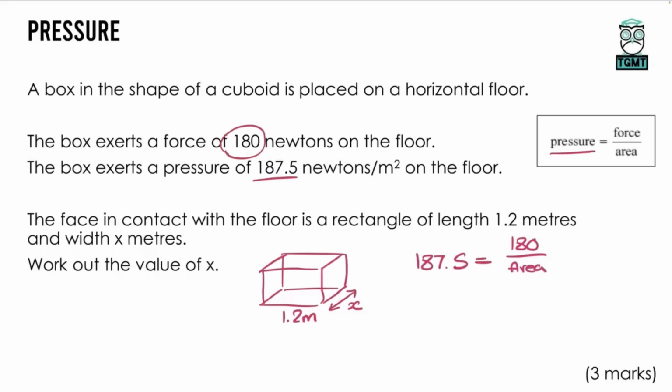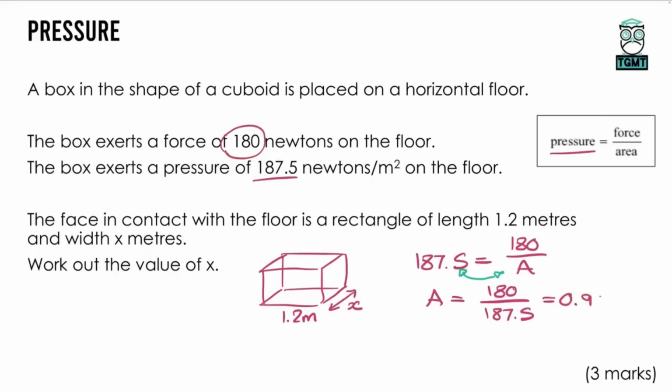So we need to figure out what number we have to divide into 180 to get 187.5. Now, when we have things like this, these can just be switched over. Now, there is a process to that. You multiply the area to the other side. Let's call the area A, and then you would divide 187.5 back to the other side. But you can get away with this quite quickly just by switching them. So A is equal to 180 divided by 187.5. So if we type that into our calculator, 180 divided by 187.5, that comes out as